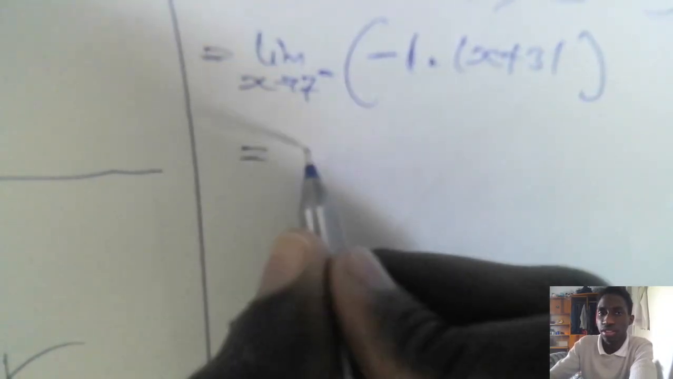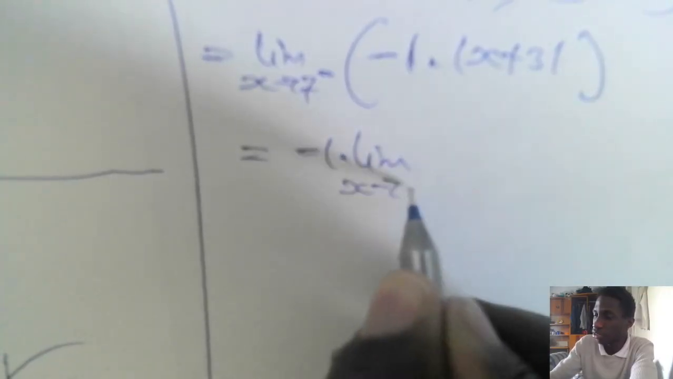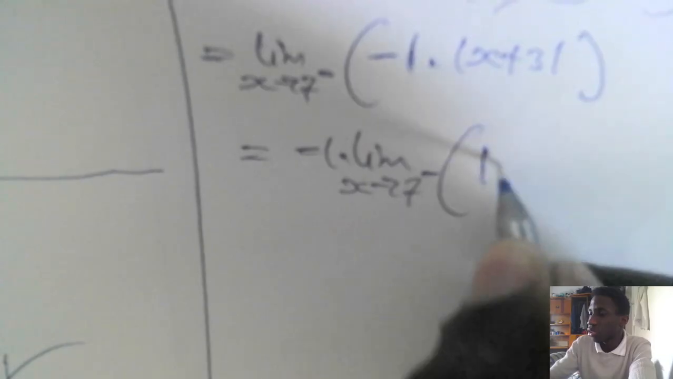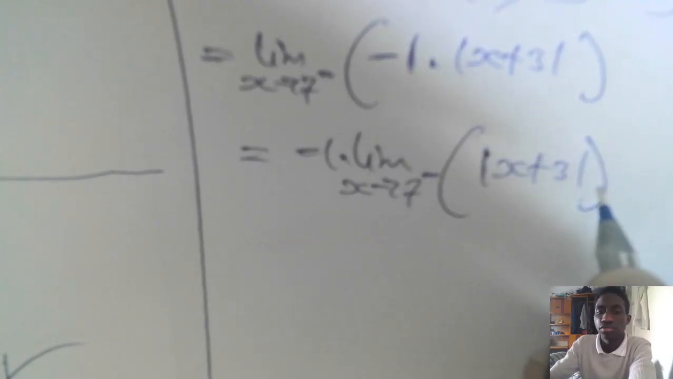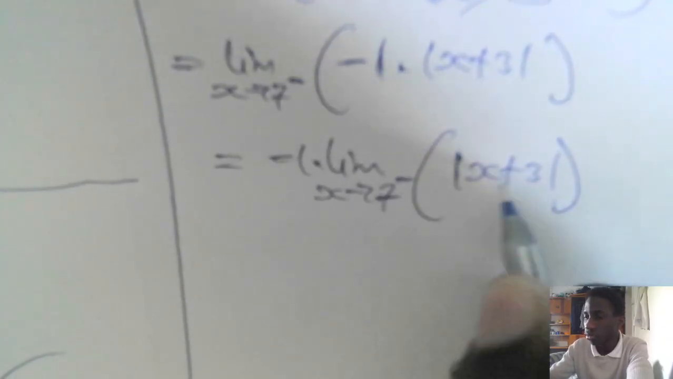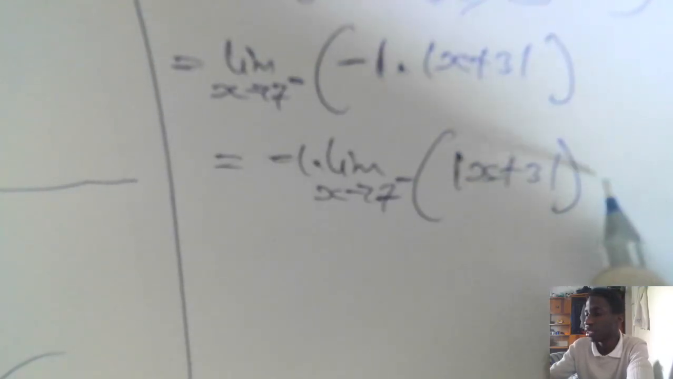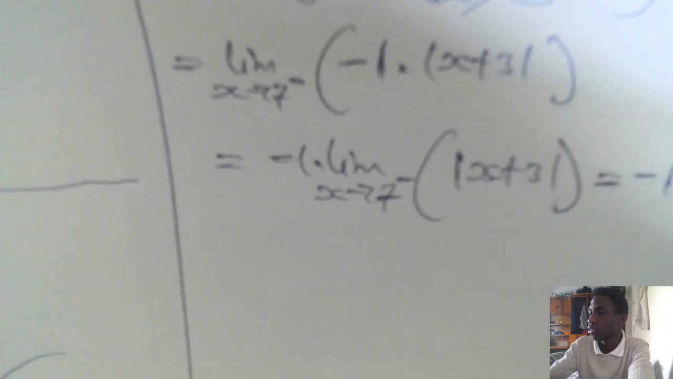As usual, the constants can come out from the limit. So minus 1 multiplied by the limit as x approaches 7 from the left of the absolute value of x plus 3, and our result is, we just put in 7 here, and we get minus 1 multiplied by the absolute value of 7 plus 3, which